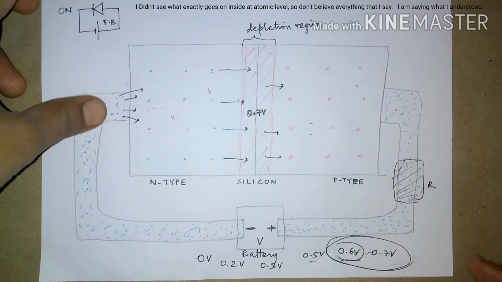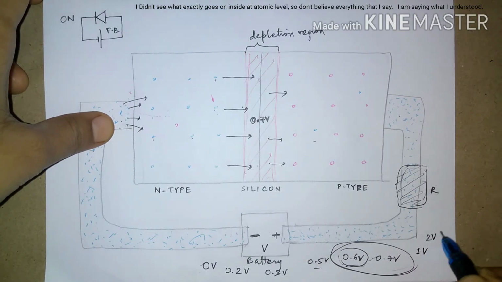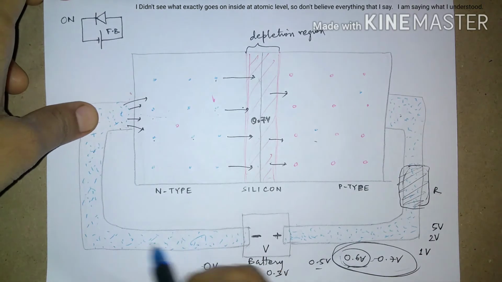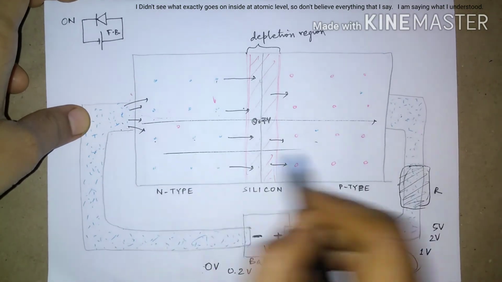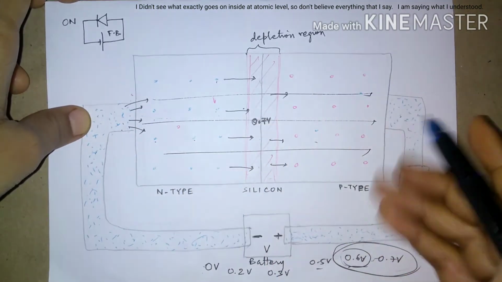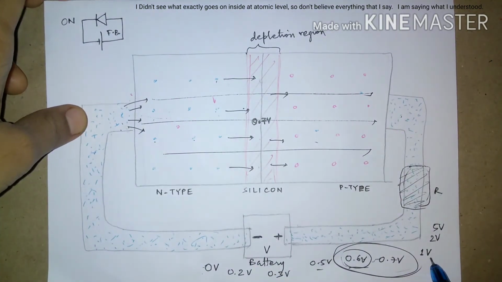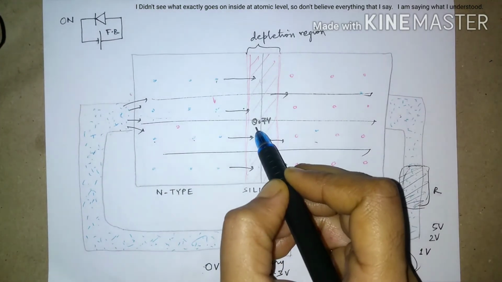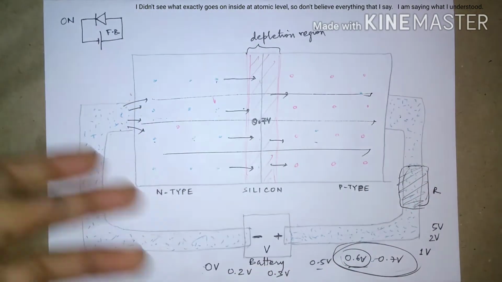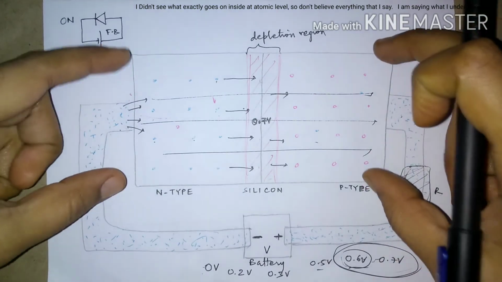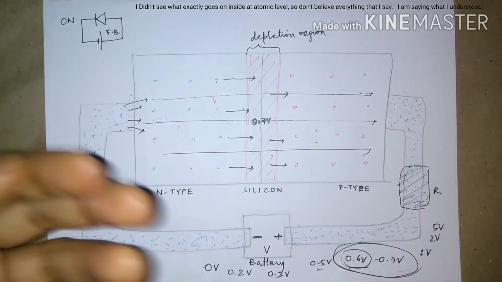Okay, now as you move to 1 volt, 2 volt, 5 volt, what happens? The energy with which these electrons move increases, and they move freely, just like water moving within a conductor. So this is acting like a switch. Once you give 0.7 volts, it completely becomes a conductive path, right? Though the resistance is somewhat high,